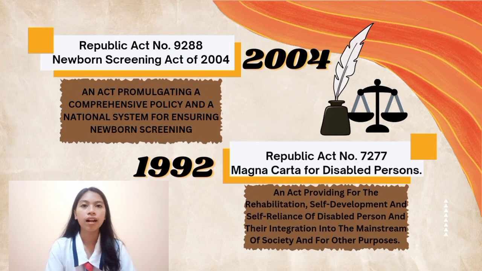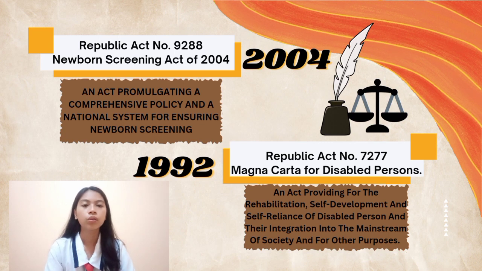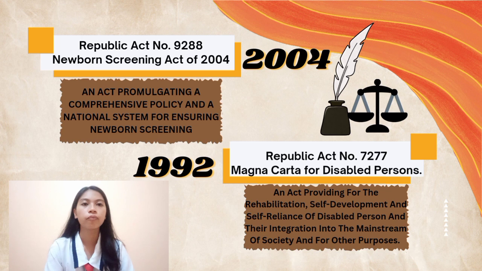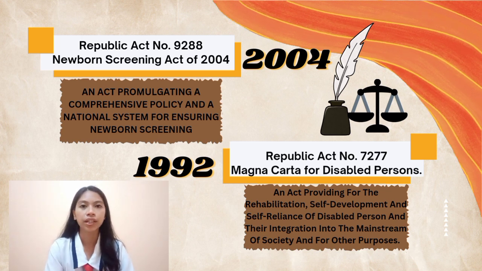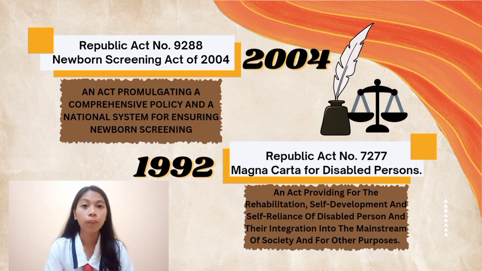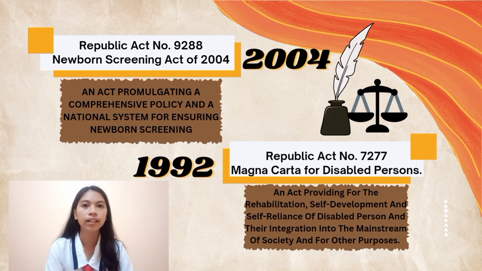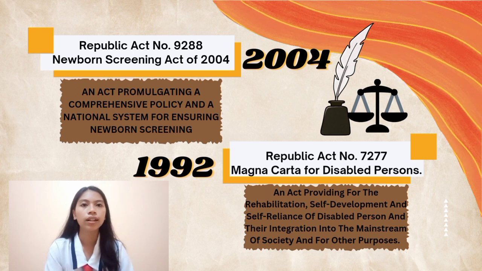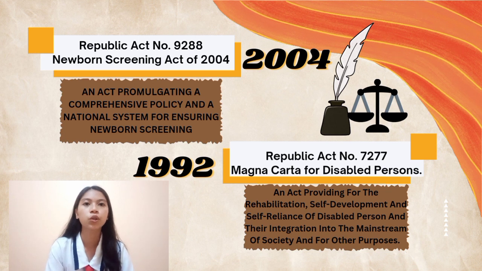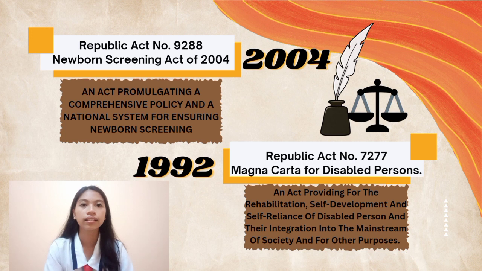Republic Act number 9288 of 2004, an act promulgating a comprehensive policy in the national system for ensuring newborn screening. It is the policy of the state to protect and promote the right to health of the people, including the rights of children to survival and full and healthy development as normal individuals. In pursuit of such policy, the state shall